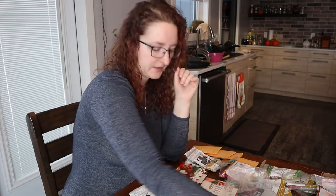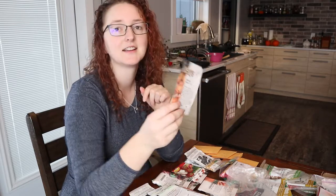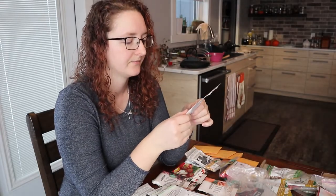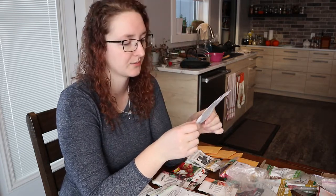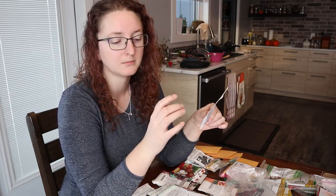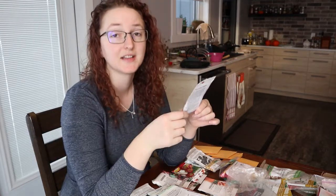Just all around excellent pumpkins. The Atlantic Giant. Now we grow this one pretty much purely as a novelty. We've never put a lot of effort into getting a giant pumpkin, but it's fun to watch them grow. These start off sort of a yellow color with a really, really thick stem. I'll say the stem is probably a good 2.5 inches in diameter